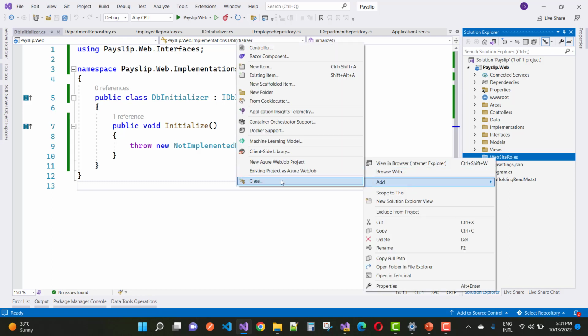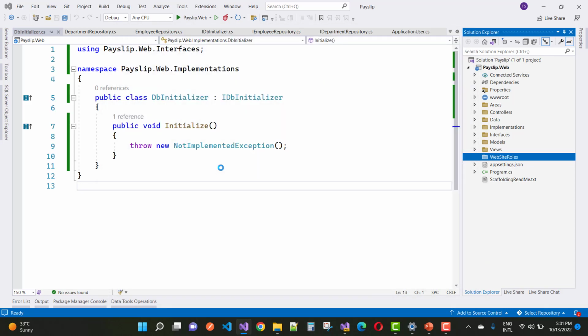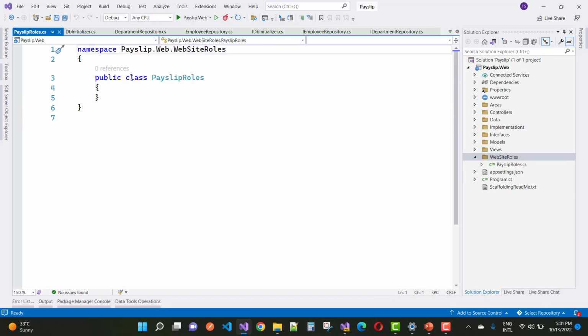So just add a new class, you can say PayslipRoles. So inside you can say a static class PayslipRoles, and in which you can set